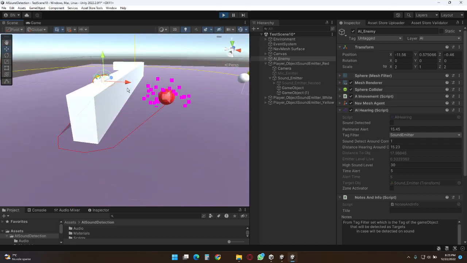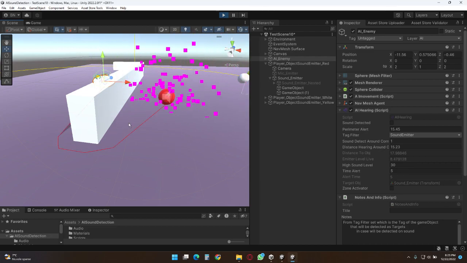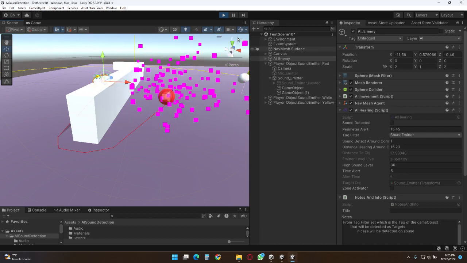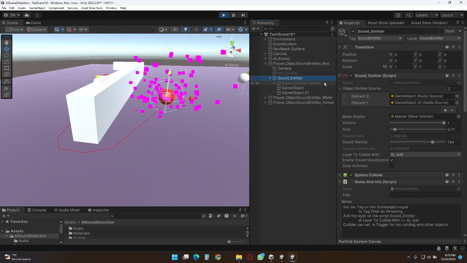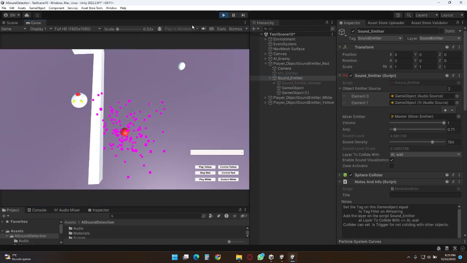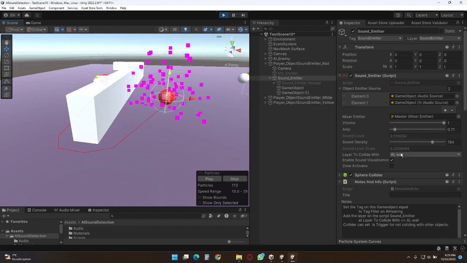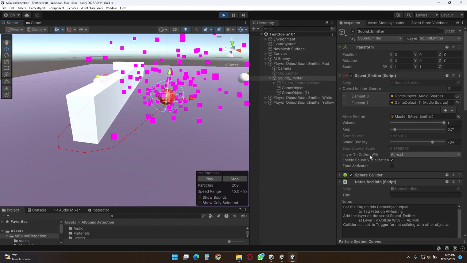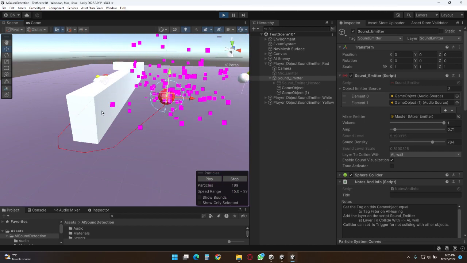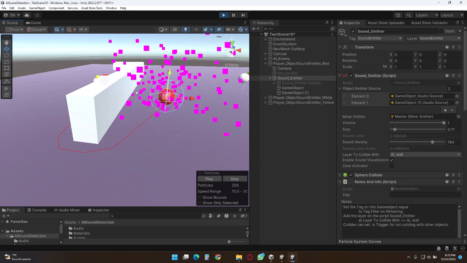There is a wall. The particle effects are actually colliding with the wall and not with the enemy. If it's a glass, you have to define it in the sound emitter script, with what to collide. So let's suppose that this is a glass. You have to say over here that the glass doesn't need to collide, and it will not collide with